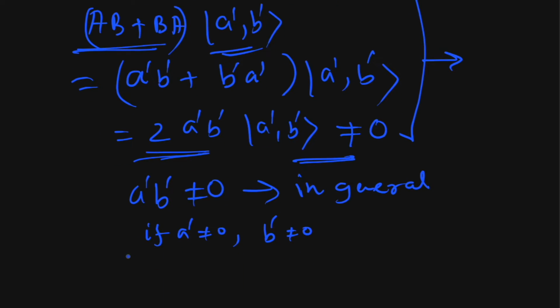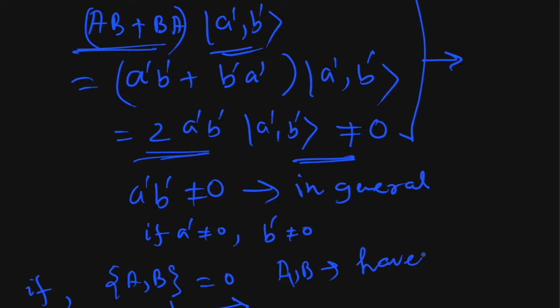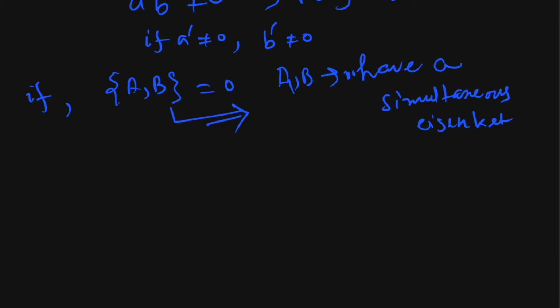That means, if [A, B] equal to 0, this does not mean that the A, B operators have simultaneous eigenkets. So that is that. Now let us solve the